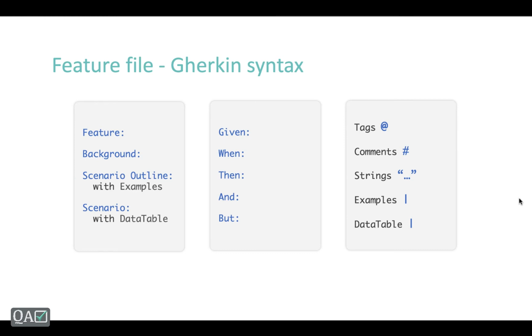Now the second case is scenario with a data table. What if you want to set up test data, but you don't want to repeat the steps? Okay, it will execute only one time, but you want to set up test data. There you can use the data table. Now, a data table is again the same as the examples, but the only difference is that you can have multiple rows there, and you have to read that grid at a time.